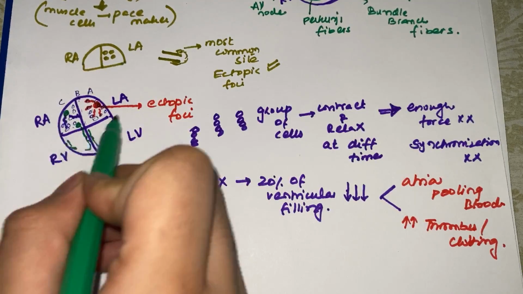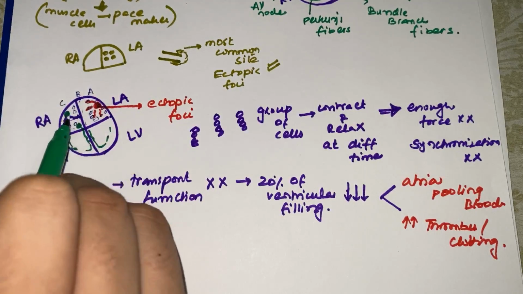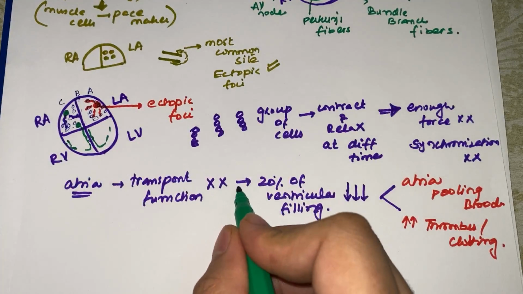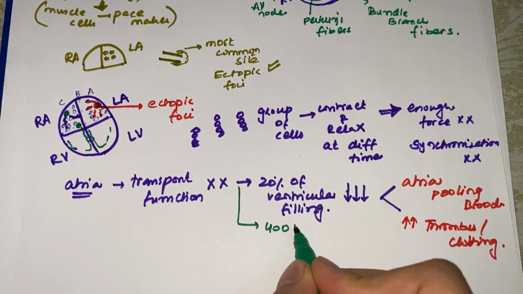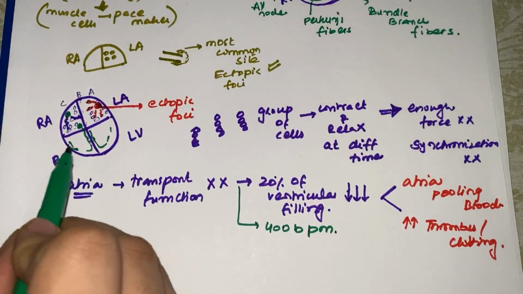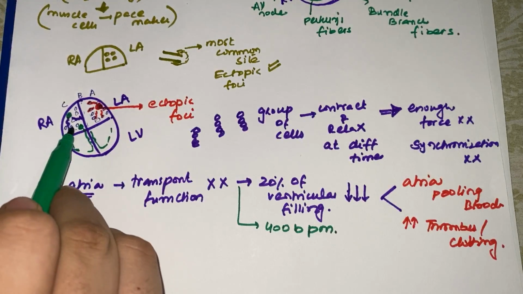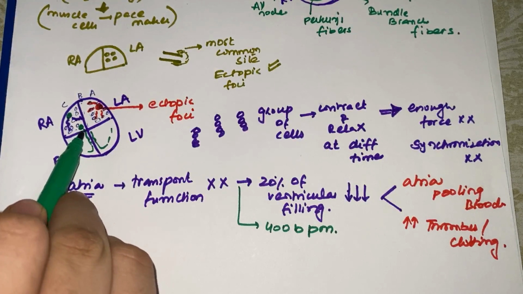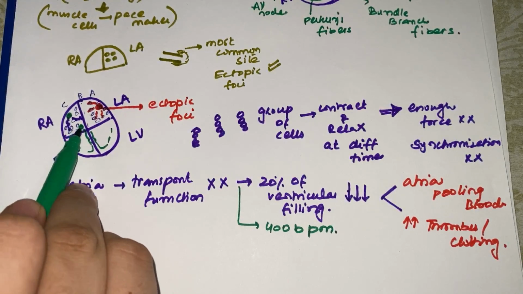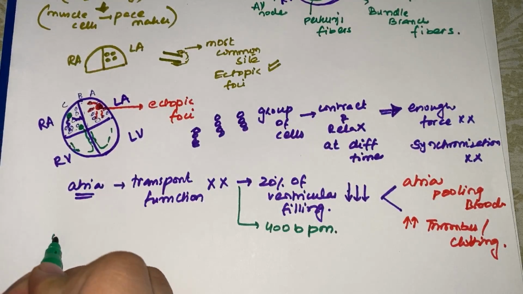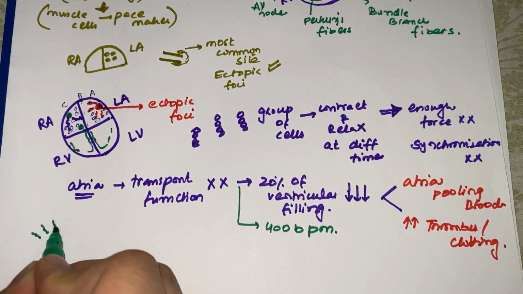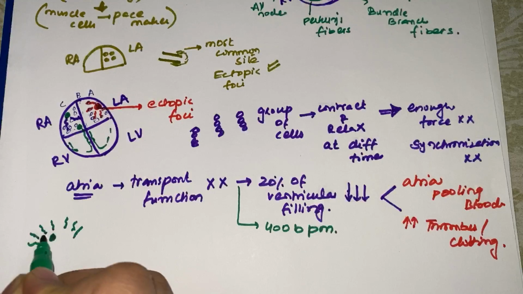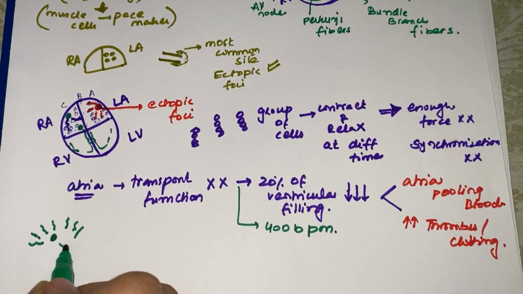So, of course, atrial contraction is increased. Now atria is contracting at a rate of 400 beats per minute, and these abnormal impulses then pass through the AV node. Suppose this is that AV node, it is receiving so many impulses from so many directions throughout the atria, that this AV node,